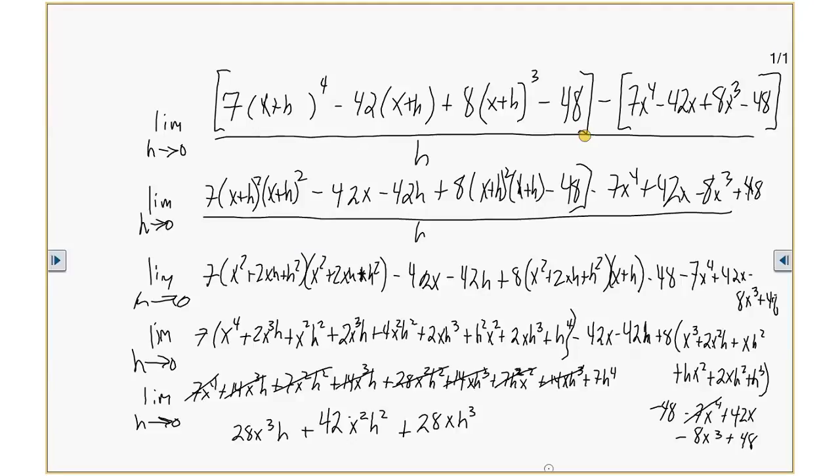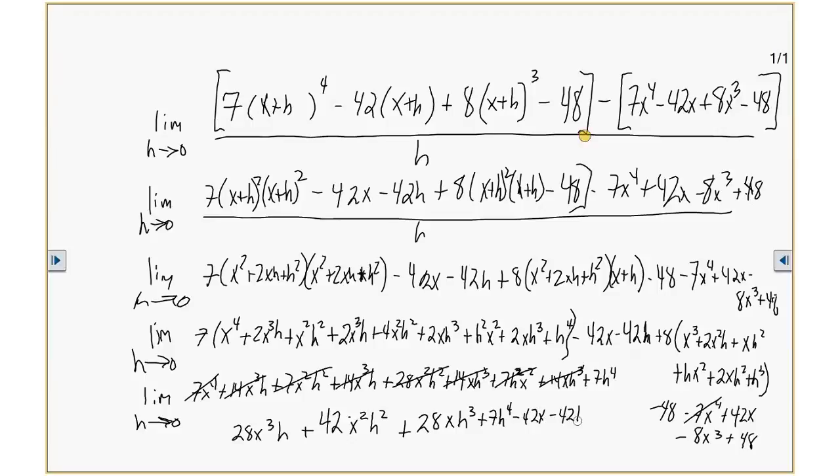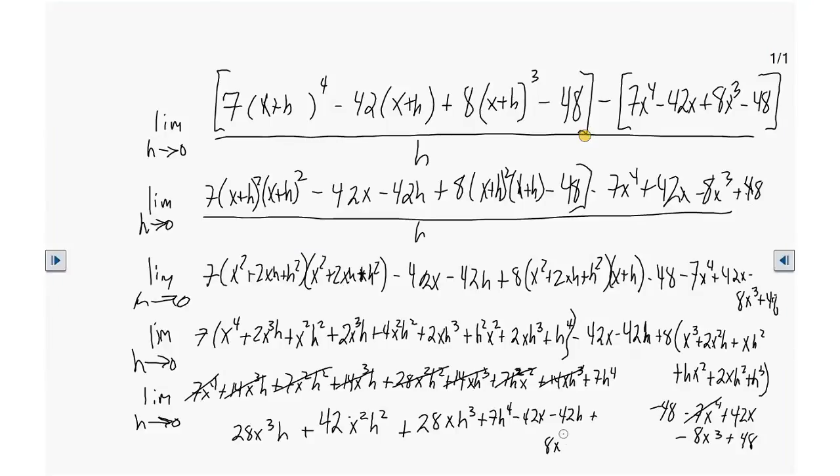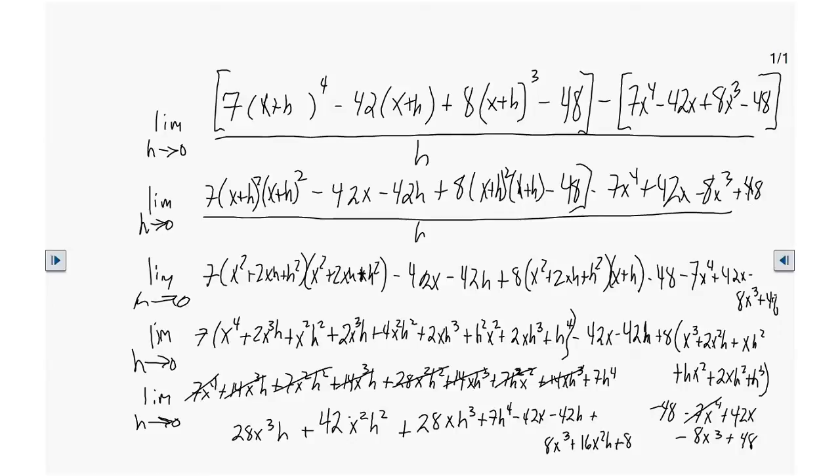Okay, let's just keep going. I'm going to finish it. All right, that 7h goes here. So plus 7h to the 4th minus 42x minus 42h plus, I don't know how I'm going to put all this in, 8, I'm just going to put it right here, 8x cubed plus 16x squared h plus 8xh squared